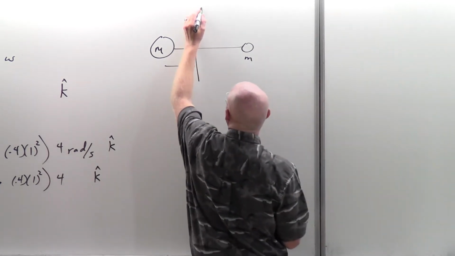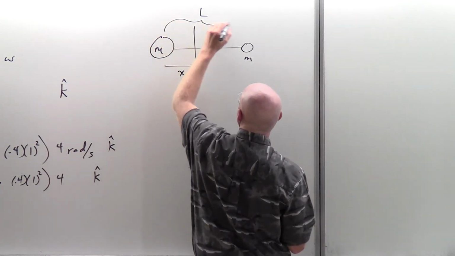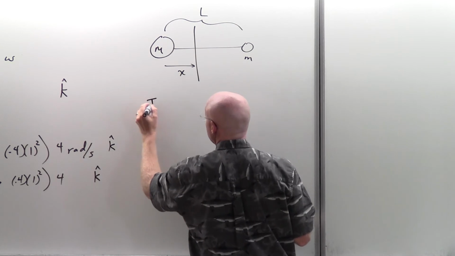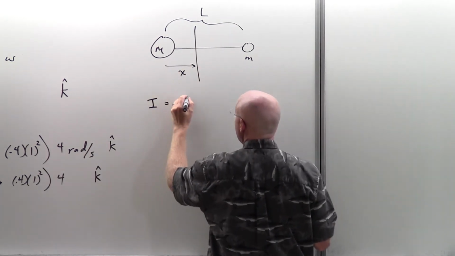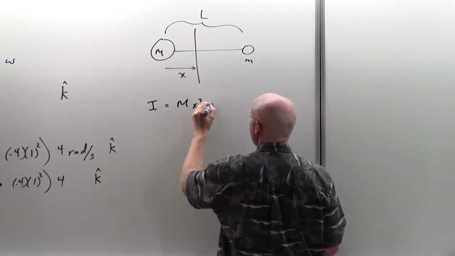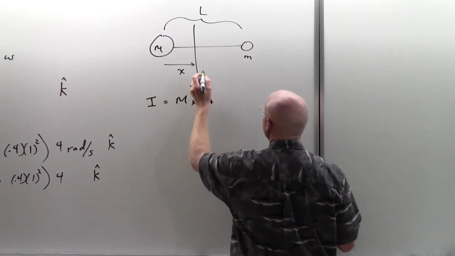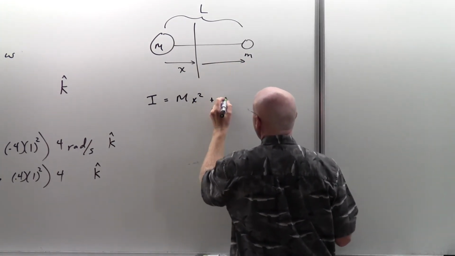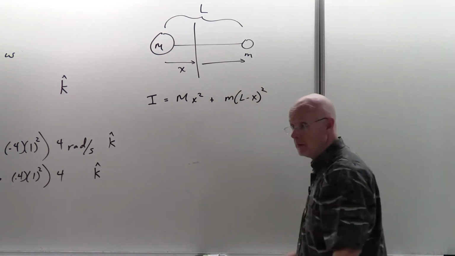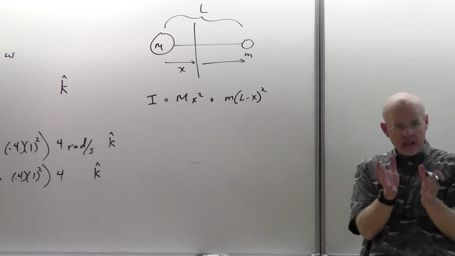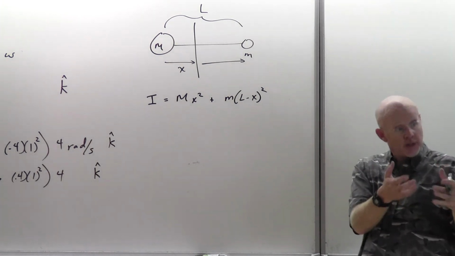If the whole thing is separated by a distance of L, then the moment of inertia would be mx squared for this guy, and this guy would be m(L minus x) squared. Fair enough? And so, of course, you can see then, doesn't the moment of inertia depend on what the value